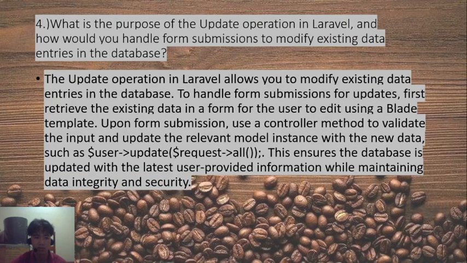So number 4 is, what is the purpose of the update operation in Laravel, and how will you handle form submissions to modify existing data in the database? So the answer is, the update operation in Laravel allows you to modify existing data entries in the database. To handle form submission for updates,